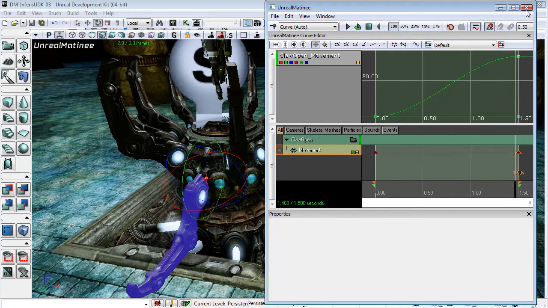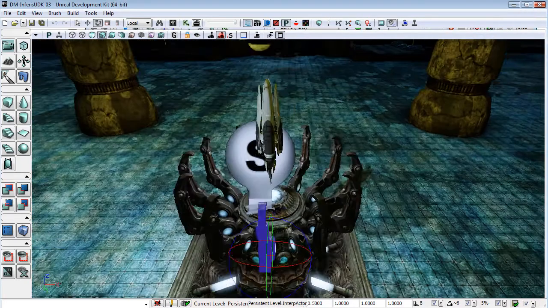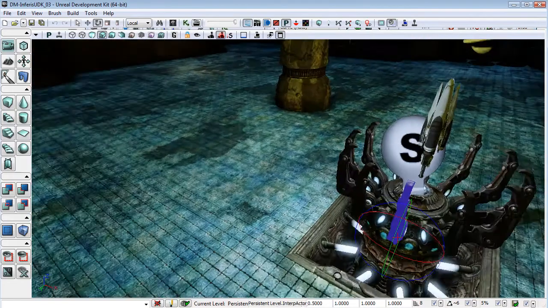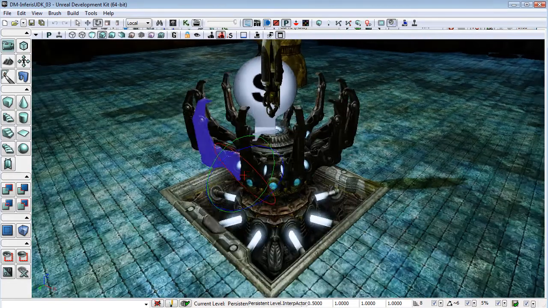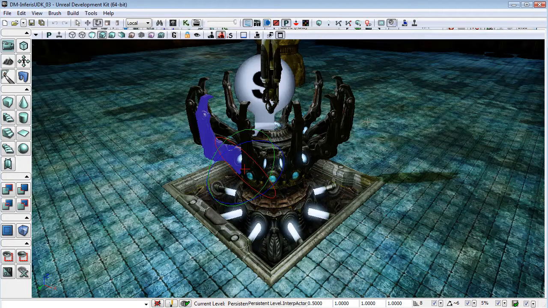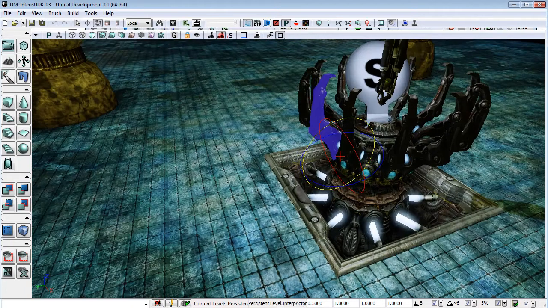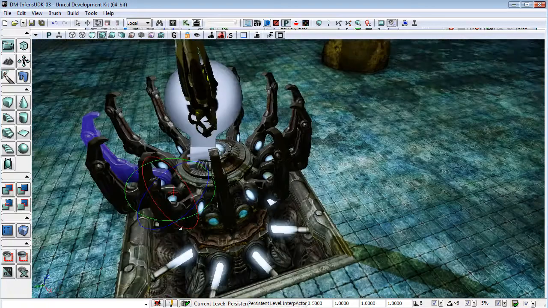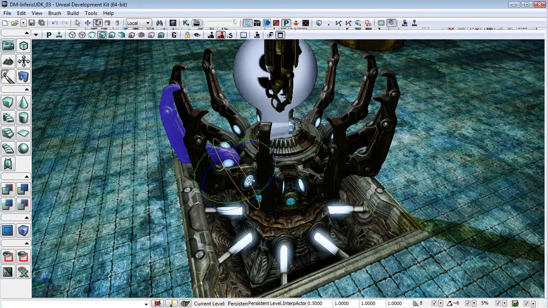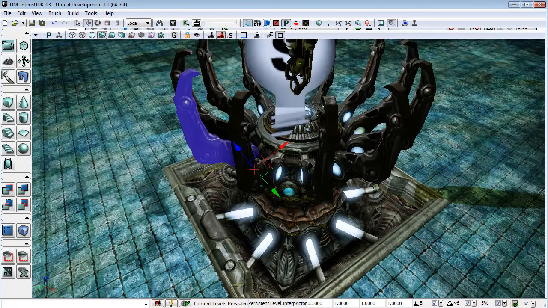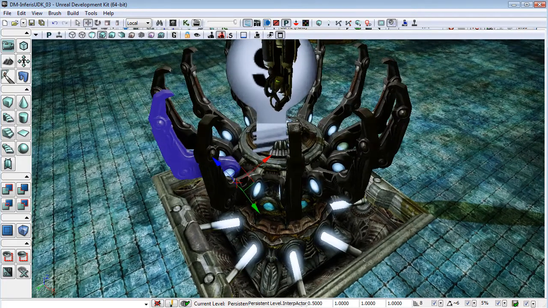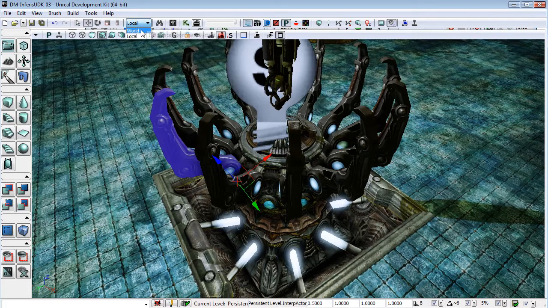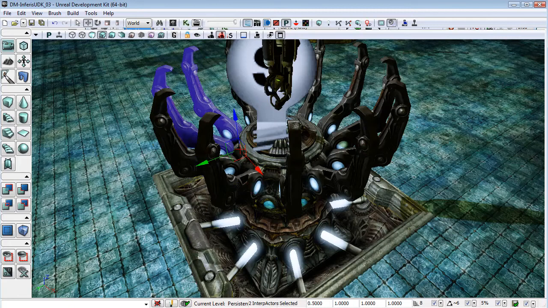And so with that worked out, what I want is to apply that animation to all of these other claws. And again, I have to be very careful where the mouse is when we do this. In fact, I'm just going to switch back to movement because that seems to be less of a bother. I'm also going to switch over to world again. So now, if I just select